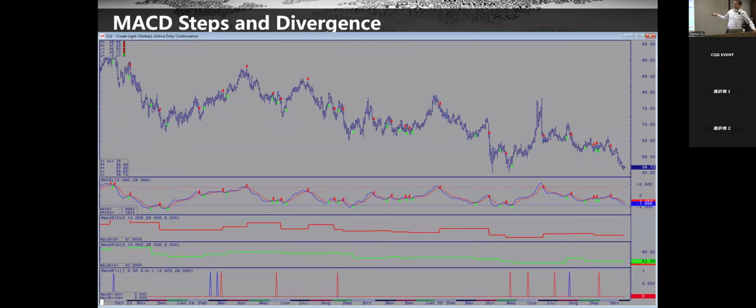Same thing for the step down. And it's going to be a little bit more visually interesting on this side, sorry. So you can see that